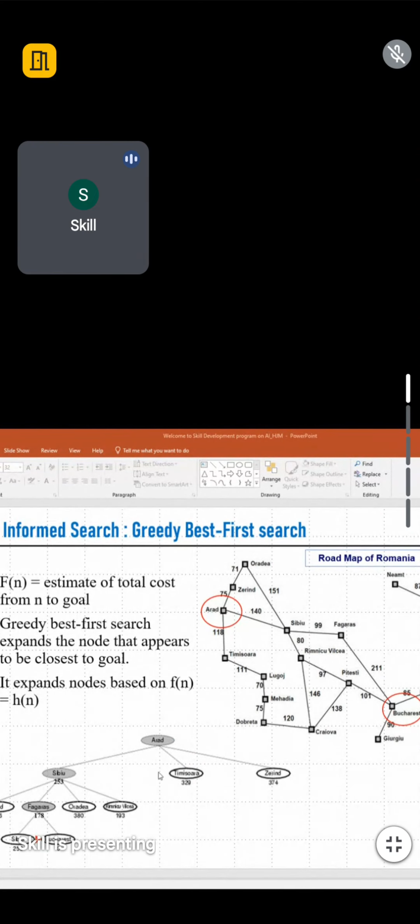And this technique is chosen as an admissible heuristic that never overestimates the cost to reach the goal. Means it's an optimistic technique, and it's due to its completeness and optimality. How? It always finds a solution if one exists, if the search space is finite and the cost to reach the nodes is non-negative. So it is always complete,